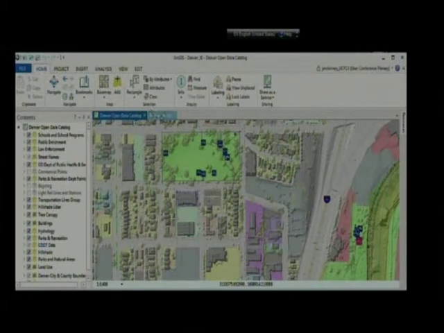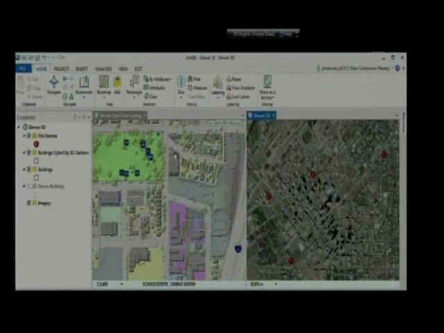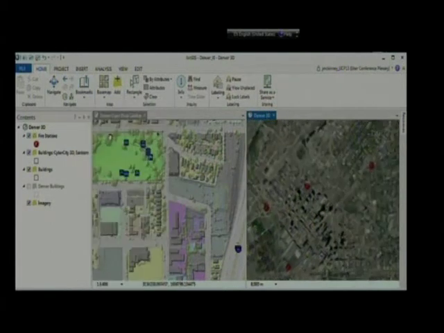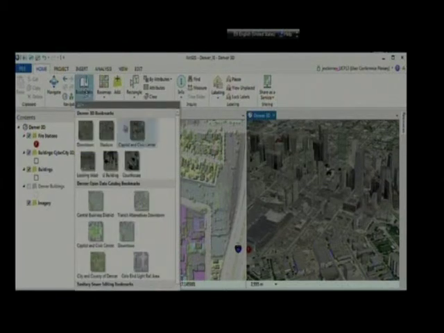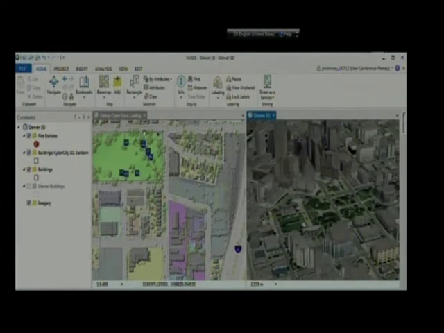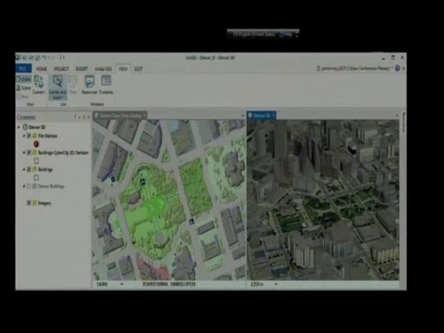And also, it is a multi-view application. So here are two views that are sitting next to each other side by side. This one on the right is a little special in that it's 3D. Zoom in here one more time. This actually gives us a really great look at the buildings provided by CyberCity 3D with help from Sanborn. Now I can work with these views independently, but also, which is really valuable for comparative visualization analysis, I can link them together.